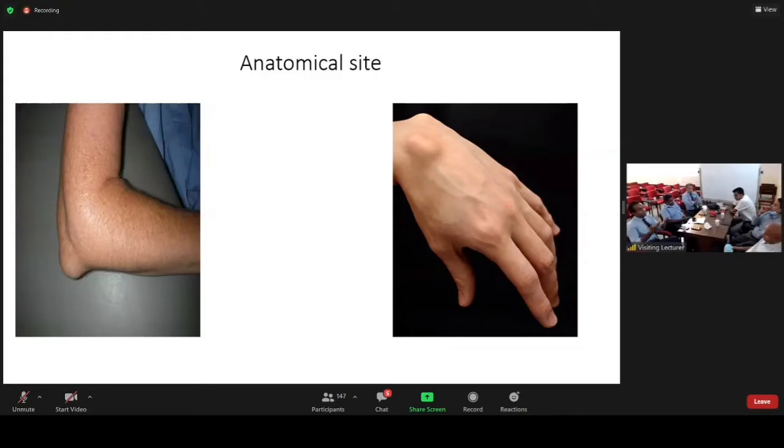So this is basically the hypothetico-deductive technique, right? That's what we do in short cases. The moment you tell me that there is a lump in the dorsum of the hand, hernia does not come into my mind. The lymph node does not come into my mind, right? That is why the anatomical site is very, very important.